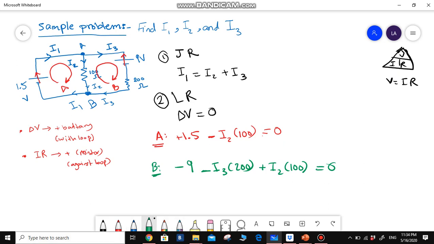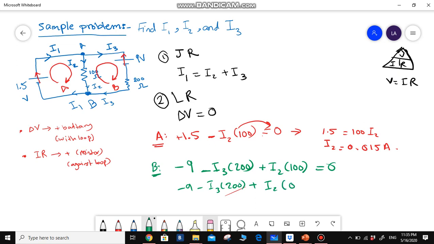Now here we can just do some algebra. Going back to loop A, 1.5 is equal to 100 I2, taking it to the other side. So I2 will be equal to 0.015 amps. Now, substituting this here: minus 9 minus I3 times 200 plus I2 multiplied by 100, and instead of I2 I'll be substituting 0.015 multiplied by 100. Solving this equation, you will find I3. I3 will be negative